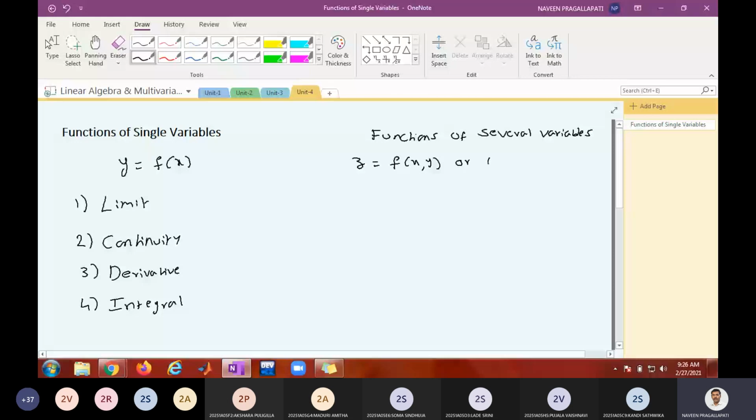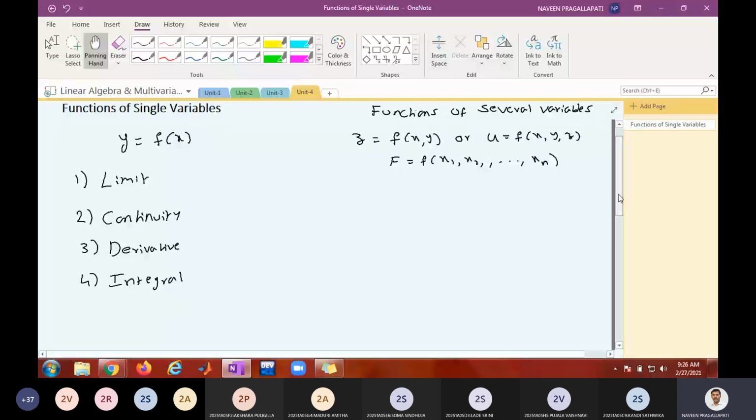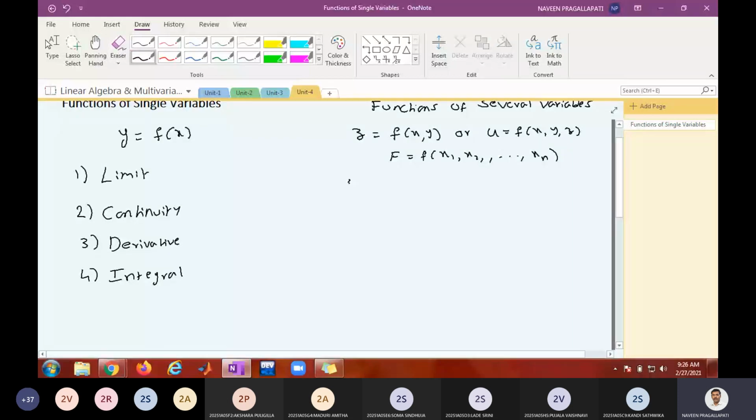or some function of several variables. Okay, any function of more than one variable is going to be a function of several variables. Okay, so in this you are going to see again limit, continuity,